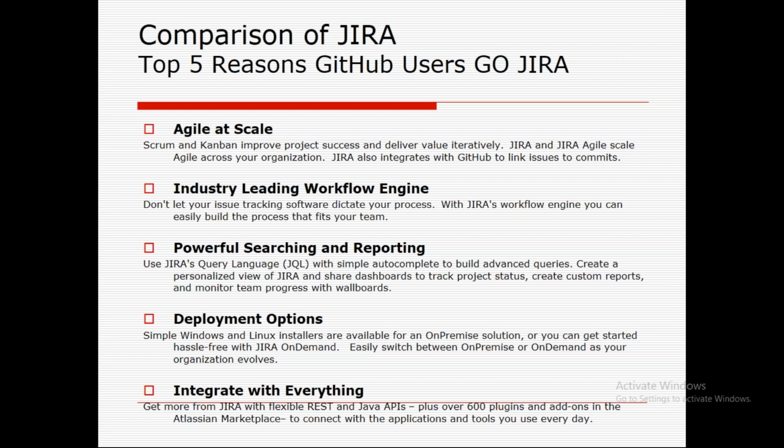Integrate with everything. Everything in the sense that in the software development life cycle, you may have various stages, and at every stage you have to use one tool or the other. For deployment, Ansible; for code quality, SonarQube; for code check-ins, GitHub; Maven; and then you have automation testing tools and documentation tools. So all of these are part of the SDLC.